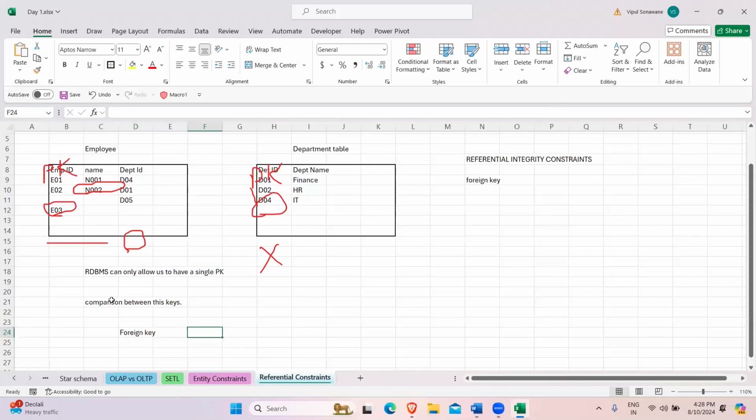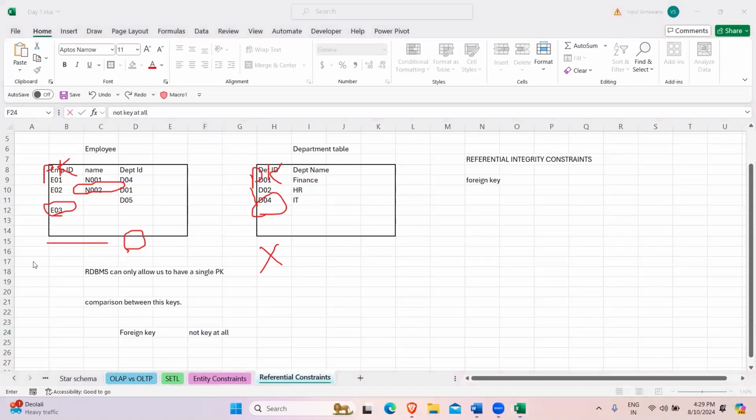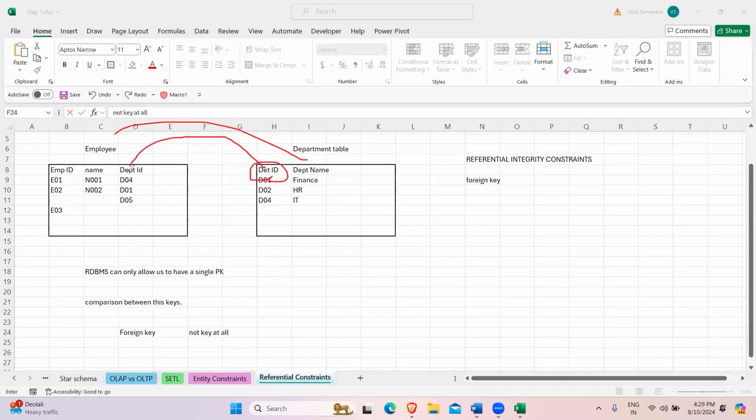Foreign key is not a key at all. Why is it not a key at all? Because a characteristic of a key is that it has to be unique, and it is a primary key of another table, right? ये department ID primary key है. We are just referencing this department ID of the department table in our employee table. So generally we often say it's not a key at all,